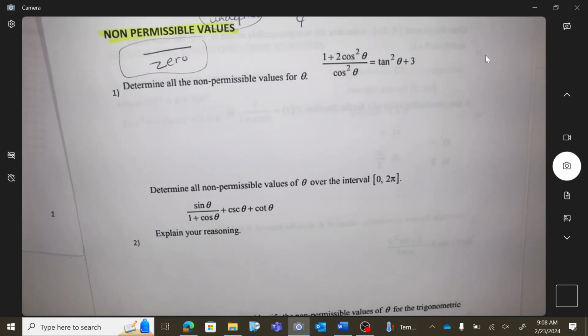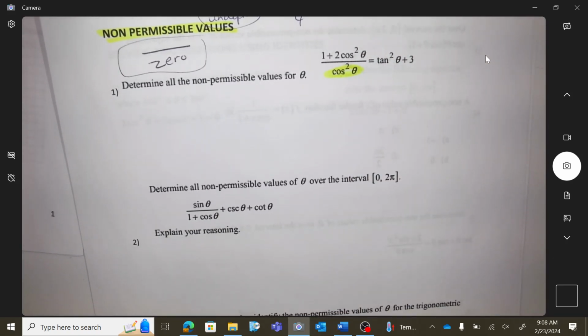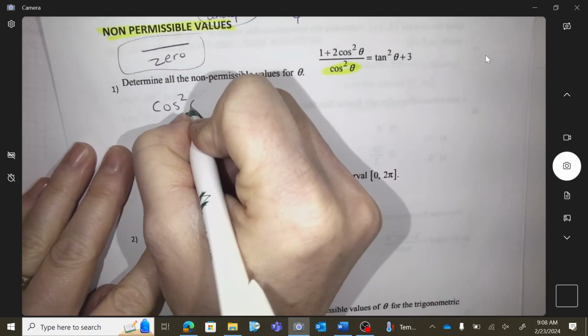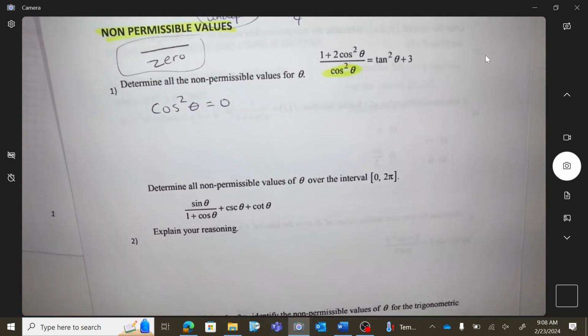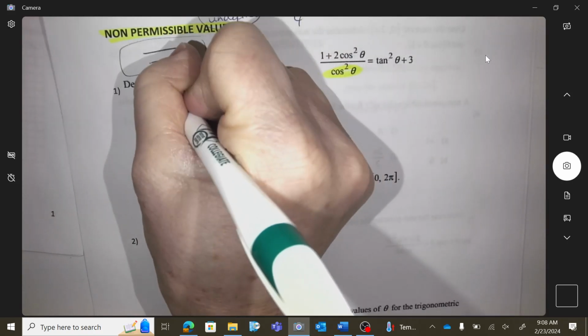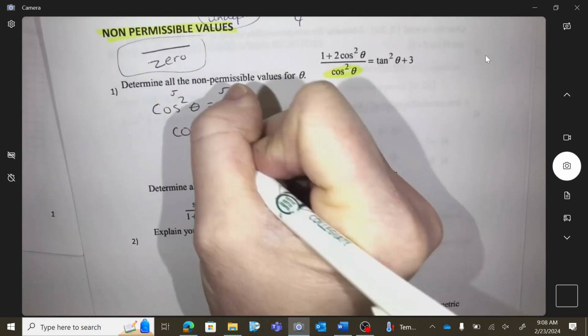Okay, so here's some kind of division, so I'm going to worry about that. I don't ever want that to be 0. I don't want that to be 0. So I guess if I technically square root both sides,